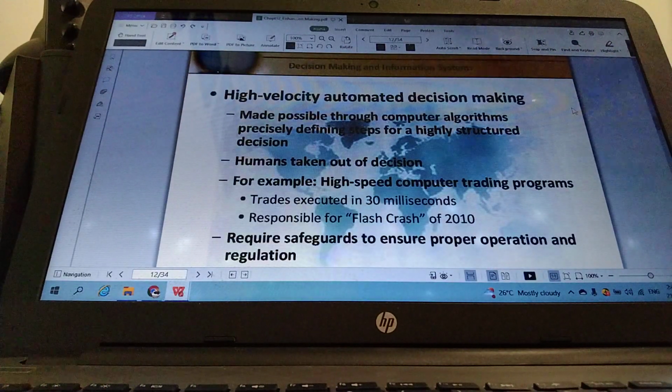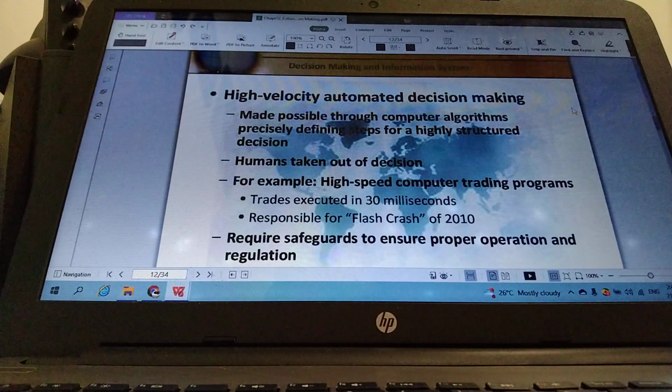With that, before we take a short break, let's take a look at another one or two slides. Still on the same topic, decision making and information system: high velocity automated decision making. So we're going to look at what is high velocity automated decision making,